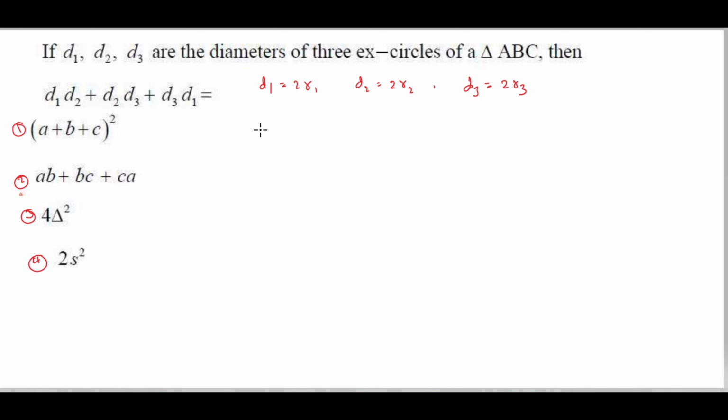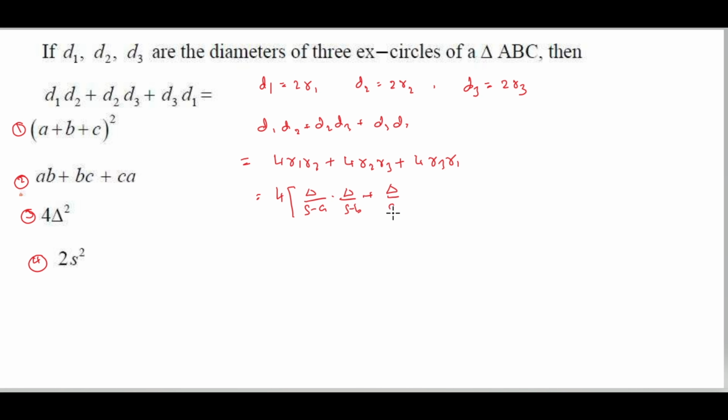Substituting these three values in the given relation, that is D1 D2 plus D2 D3 plus D3 D1. D1 D2 is 4R1 R2, D2 D3 is 4R2 R3, D3 D1 is 4R3 R1, that is equal to taking 4 common, R1 is delta by s minus a into delta by s minus b, plus R2 delta by s minus b into R3 delta by s minus c, plus R3 delta by s minus c into R1 delta by s minus a,